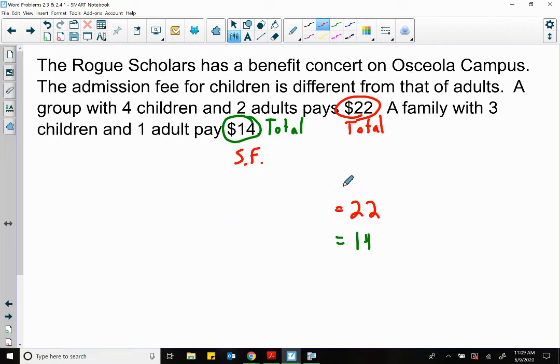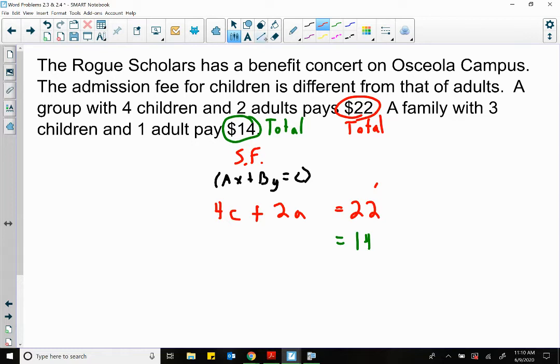So if I was to write this equation for 22, this is what I would call it. And remember, it has to look like standard form. Standard form is ax plus by equal to c. You've already got the c in place. We just got to do the other pieces. So my ax part would be 4, and I'm going to call it c. Do not get me wrong. You can use x and y in here, but I'm going to use variables that let me know what I'm dealing with. So I'm going to call this 4c plus my by will be